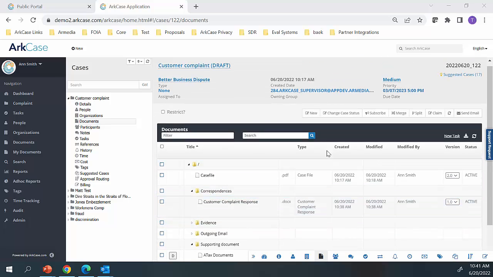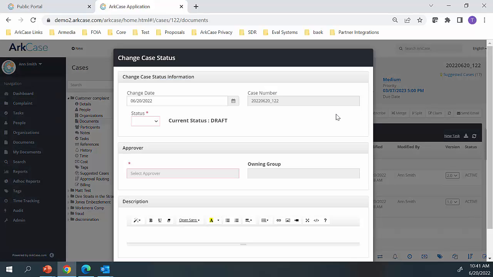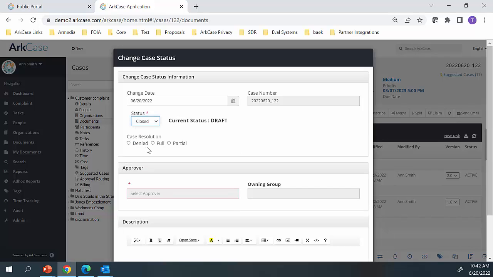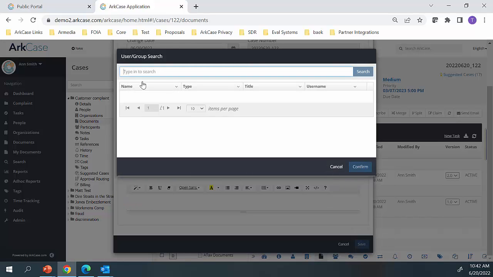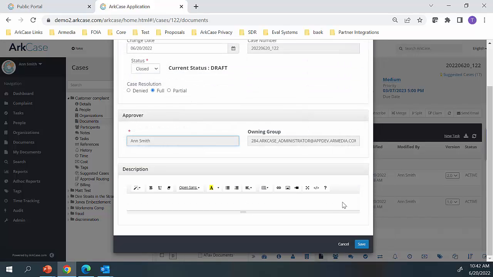Let's go ahead and close the case out. At the top, you'll notice there's a change case status. The user can click on it and see a drop-down, so they can then set the status to closed. Maybe it was a full resolution to the original complaint, and Anne can type in her information so that she's approving this case to be closed. She can put any details into the description for case closure, and this will mark this case officially closed